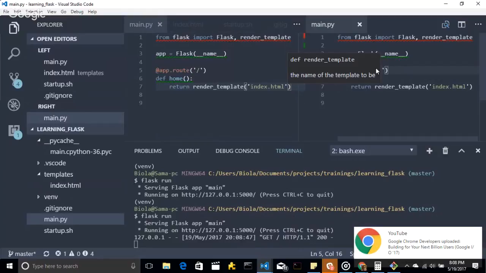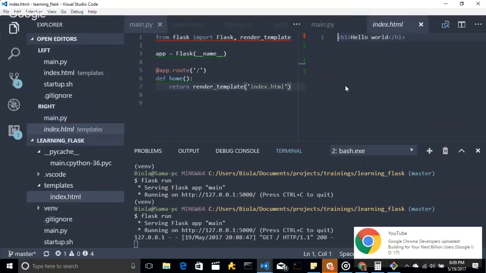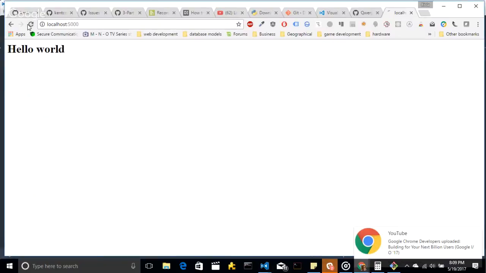So if I open our template directory, and Control P is to find the file, in case you're interested in shortcuts. So I want to render more content. This is my first template in Flask. And if we refresh our page, we should get